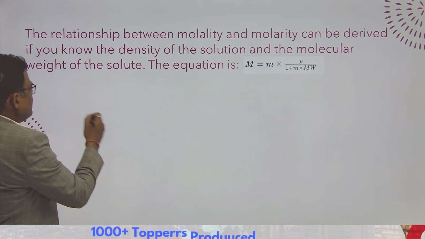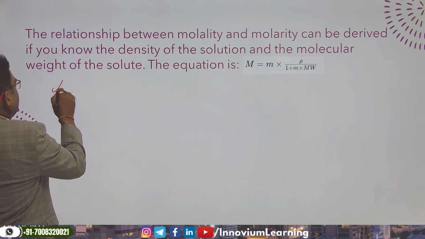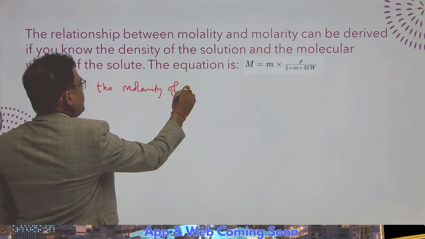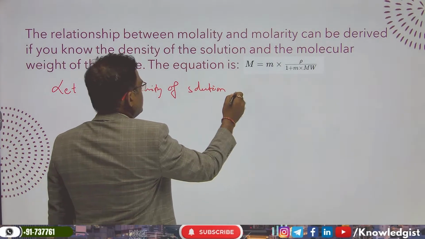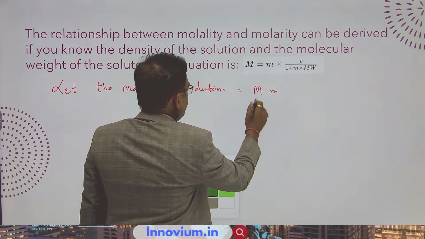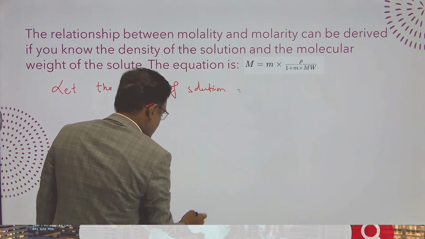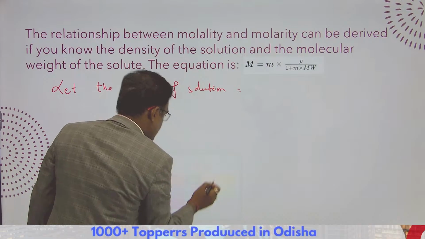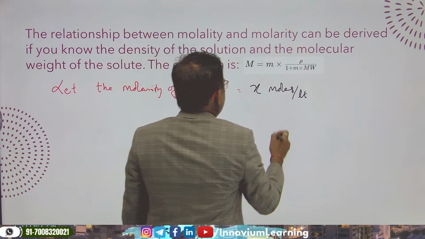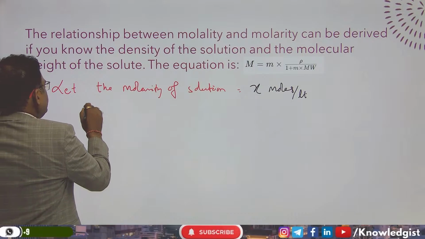So let's consider the molarity of the solution equal to X moles per liter, and the density